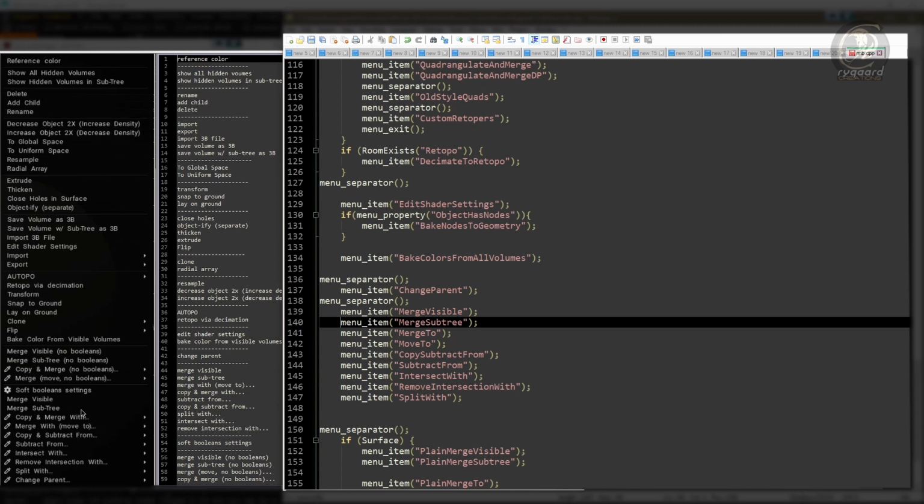That way, I will have to reposition the merge with command move to be above the copy and merge with command. Next, I will do the same between the subtract from and copy and subtract from commands. And last, I'll have to reposition the split with command to be on top of the intersect with command, okay? So I'm going to go back to the script and I'm going to select the entire move to